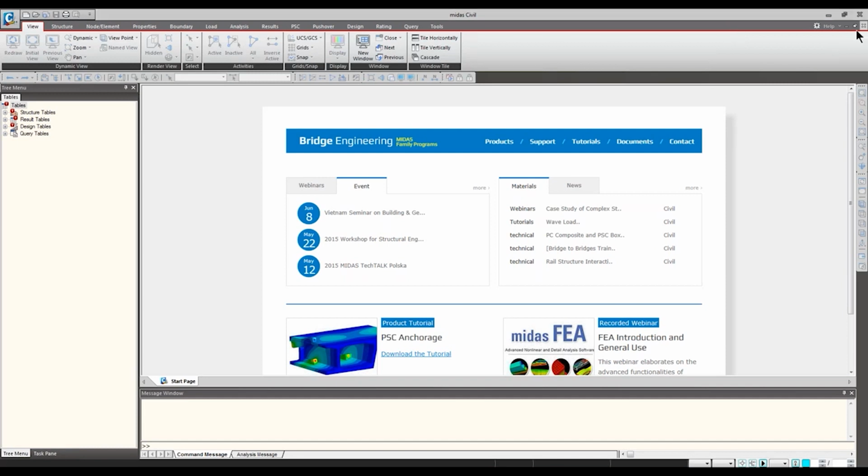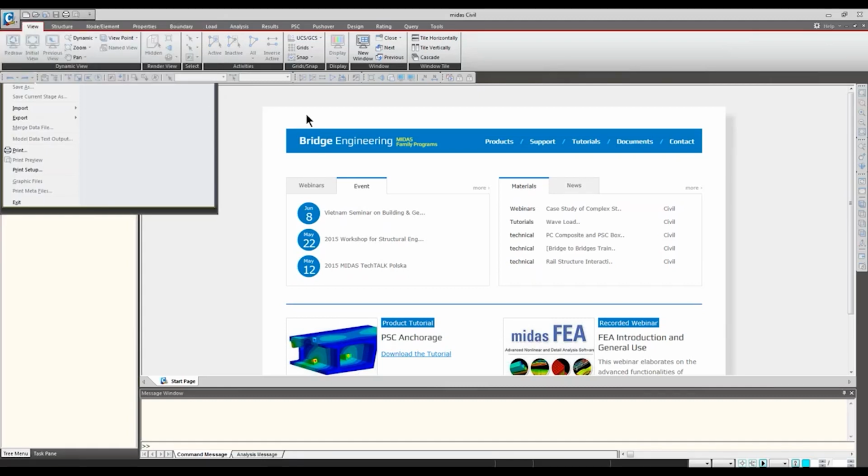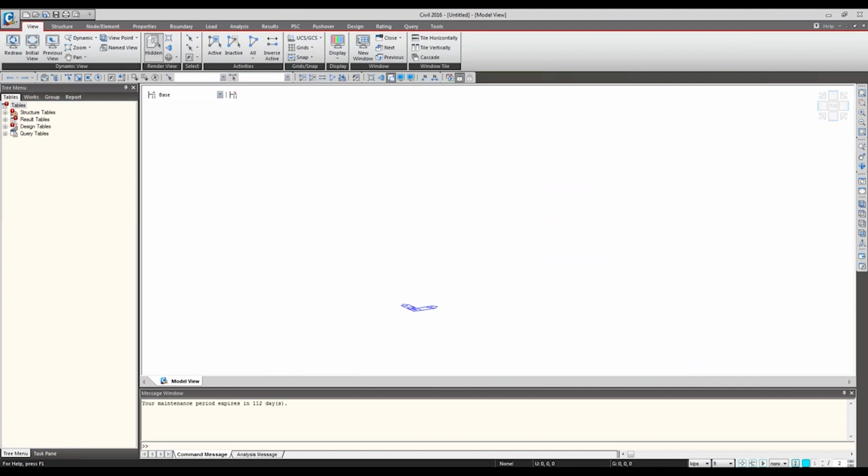Okay, so before, the program interface was just a typical Windows color, blue, but now it has changed back to black and gray. So first, you can start the program by opening a new project. If you are new to the program and not sure how to start this, you can refer to our introductory training, or contact our consultants or myself one-to-one to get up to here.